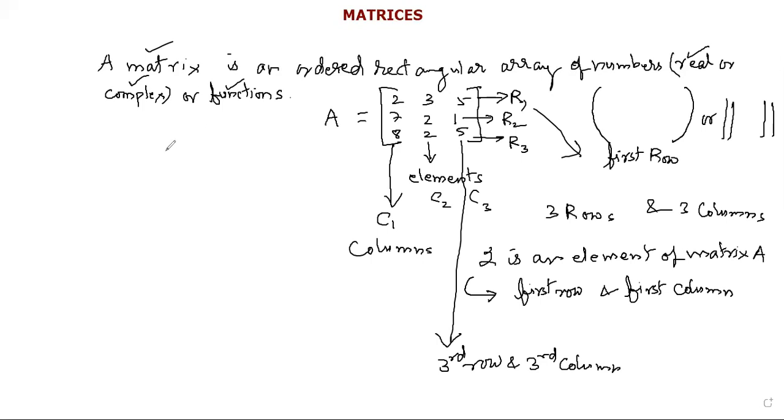So in general, we are denoting these elements. It can be a 2 by 2 matrix, or 3 rows, 3 columns, so this is 3 by 3. You have 2 by 2 and 3 by 3. But in higher classes, we have more matrices. But in class 12, you have 2 by 2 and 3 by 3 matrices. So if you see, these are denoted by small letters a, b, c. A11 means first row, first column. The position of this is A11, first row, first column, first row, second column, and first row, third column.